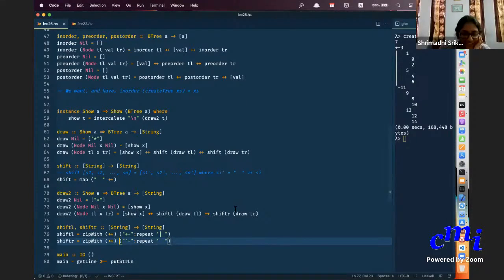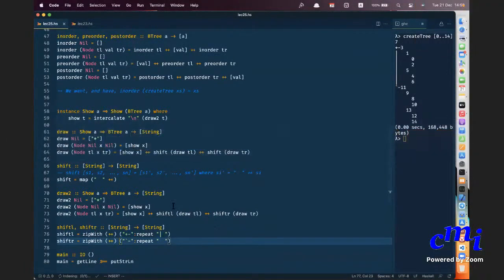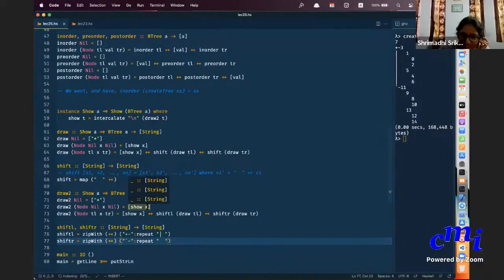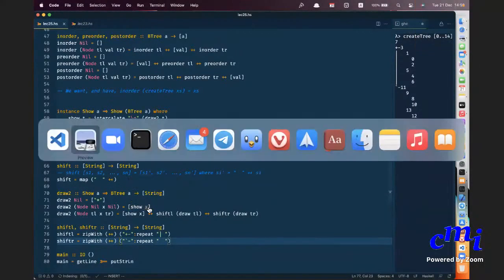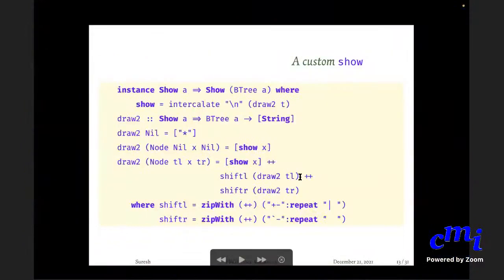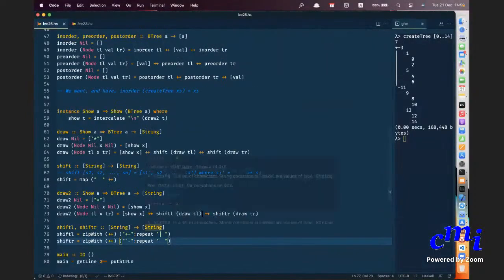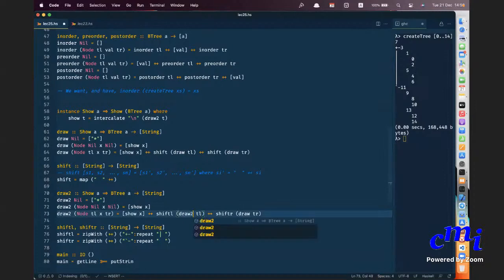For the second base case, you put just show x. Shouldn't it be plus minus show x or something? So in the third case, no, the second, I used draw instead of draw2 here. That's all. See? Sorry, my mistake.